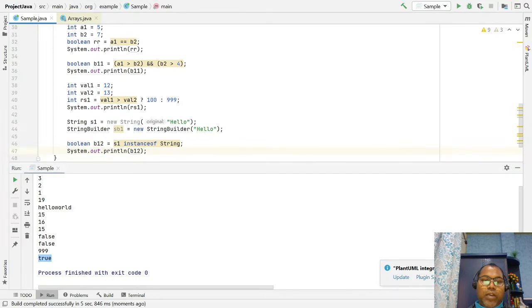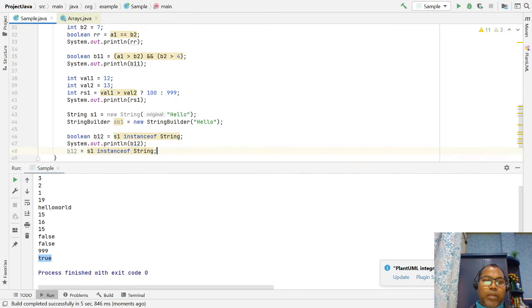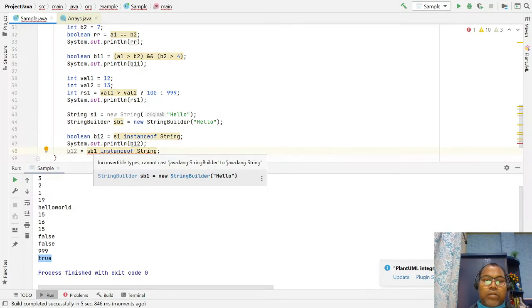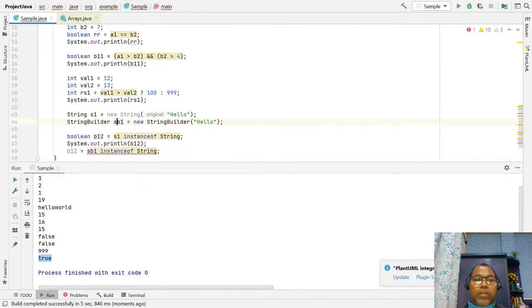And if I want to check whether sb1 is an instance of String, here it informs us that there are incompatible types. You cannot say that sb1 is an instance of String.